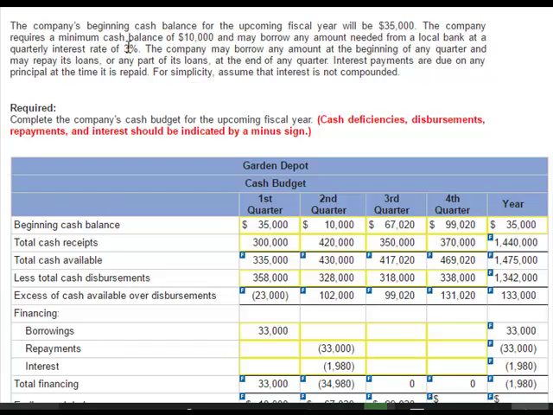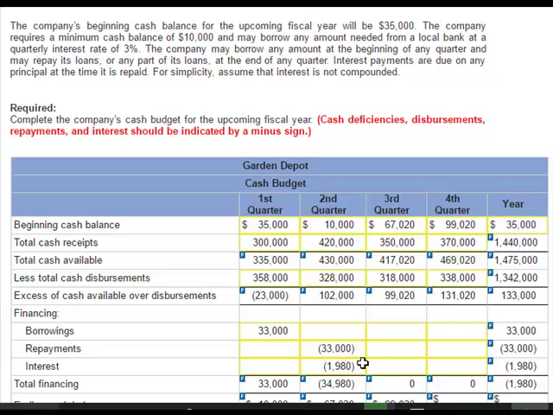So we can either say that we're going to pay 6% total interest, or we can multiply the $33,000 by 3% and then multiply by 2 quarters. Either way, the total amount of interest is going to be $1,980,